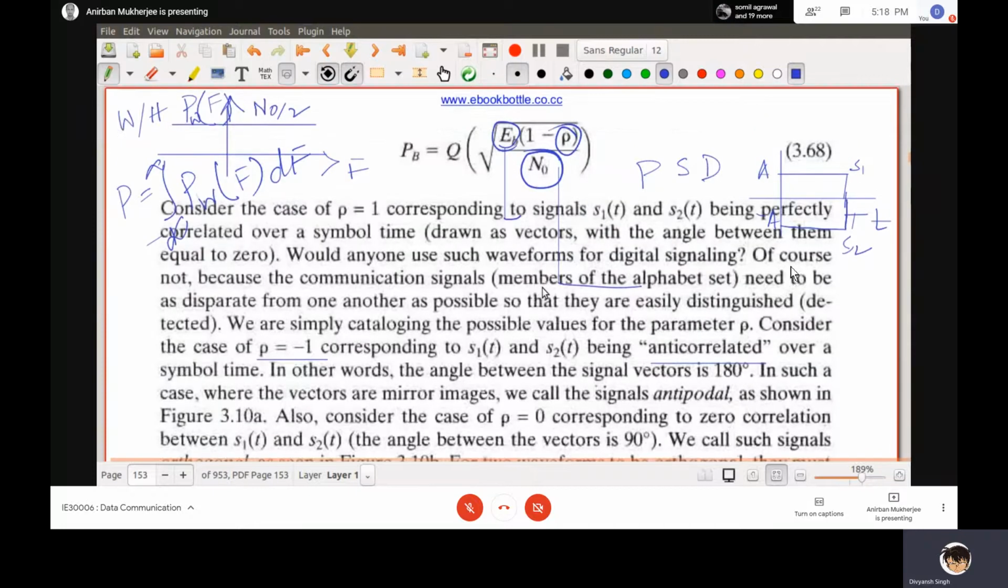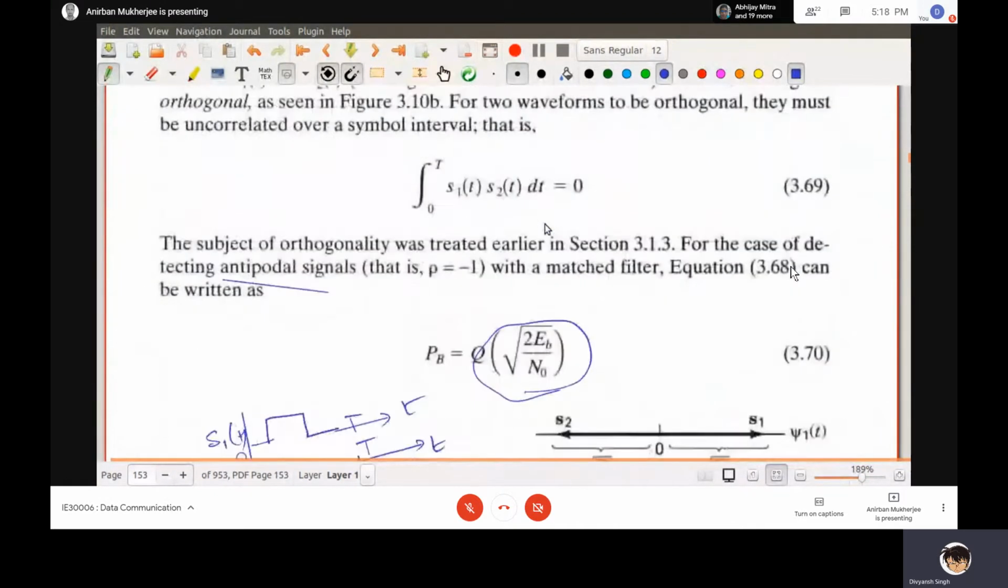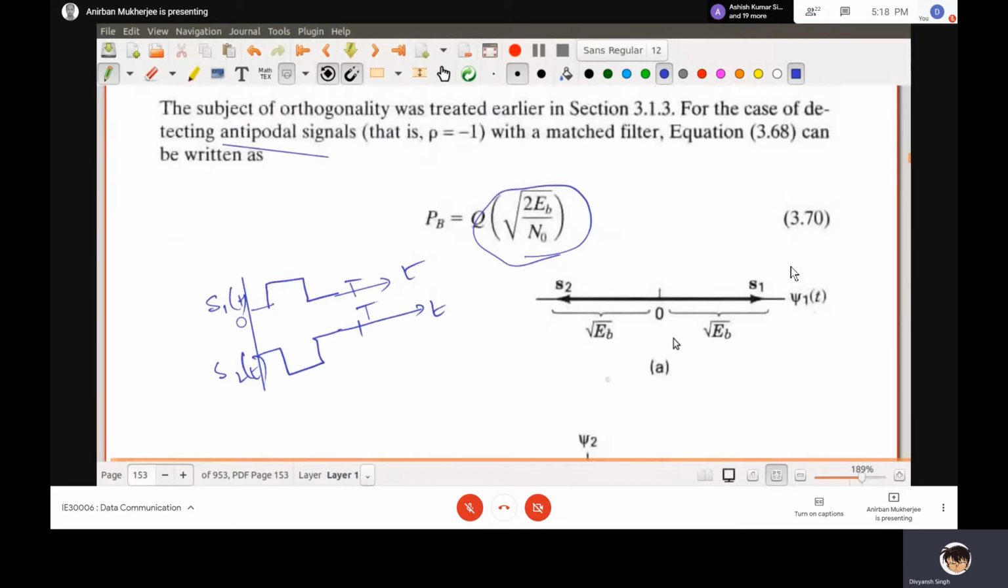Now when rho is minus 1, then PB equals Q of root of 2EB by N0. That means when rho equal to minus 1, Q of root 2EB by N0. You see, this is S1, a vector, this is a vector kind of thing. This is not S1(t), and this is S2, another vector. That means I am just defining that S1 is maybe like this, plus A, and S2 is